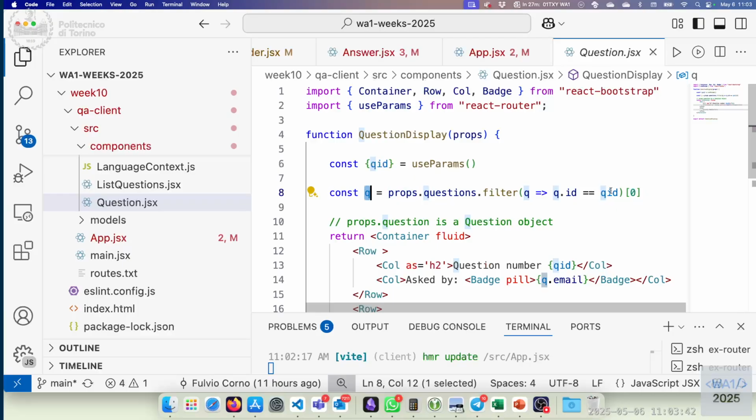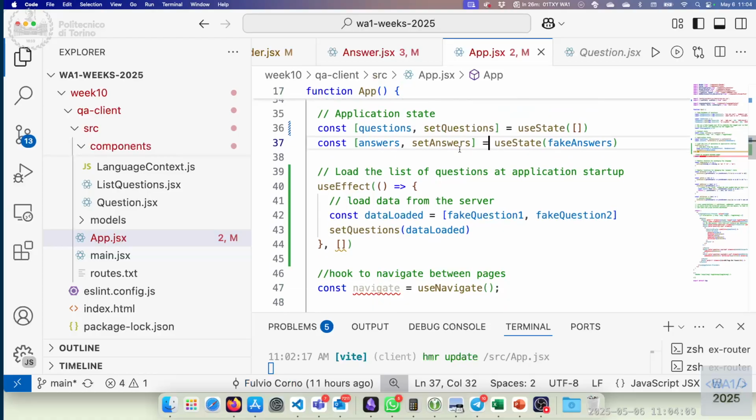So you receive the list of questions, the ID, and it will display the first one. The issue is that the first time this component is rendered, questions is an empty array. So the filter will return an empty array, element 0 will return undefined, so Q is undefined, and we go on. So the mistake is not here, it's above. It's in App, where we are rendering,